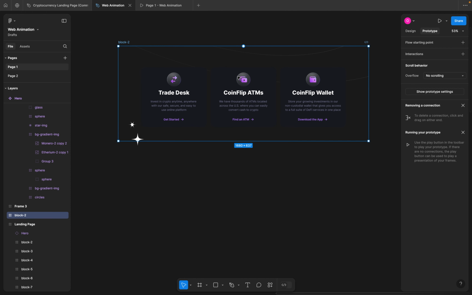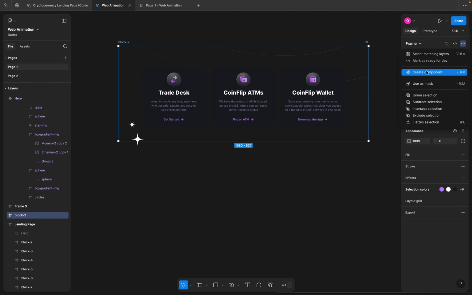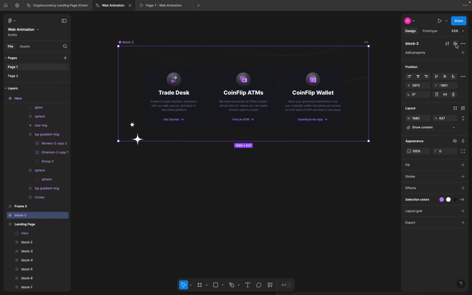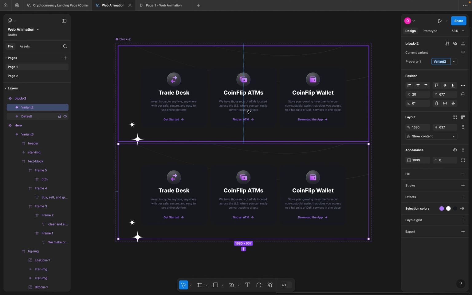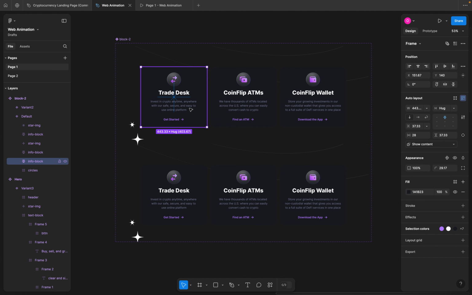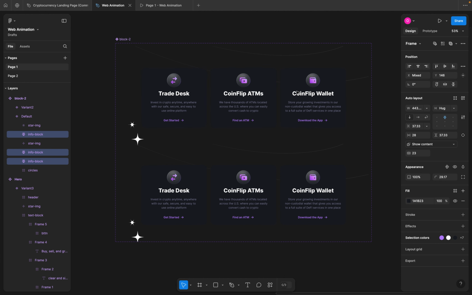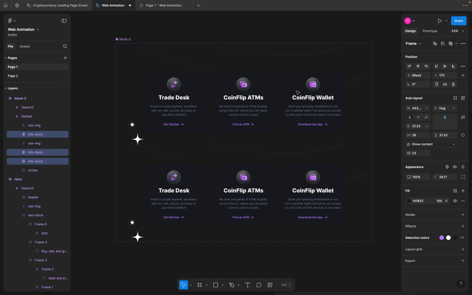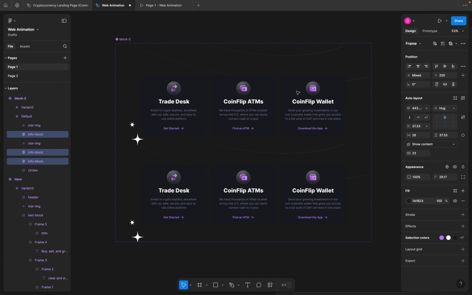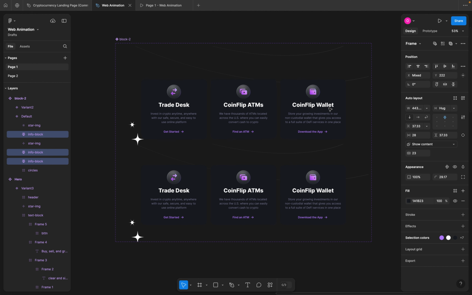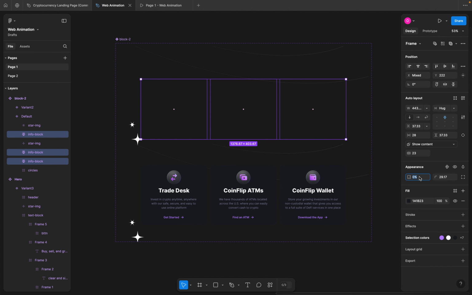Now focusing on this, this is going to be a really simple interaction. We're just going to go ahead and create a component out of this, and then we are going to create a variant. So for the default state of this, I'm going to select all of these cards, and I'm going to move them down a little bit. I'm just going to use the arrow key because I don't want to move them down too much. So I'm just going to move them down a little bit, and I'm going to change the appearance here to 0. So after changing the opacity here in the appearance to 0%,